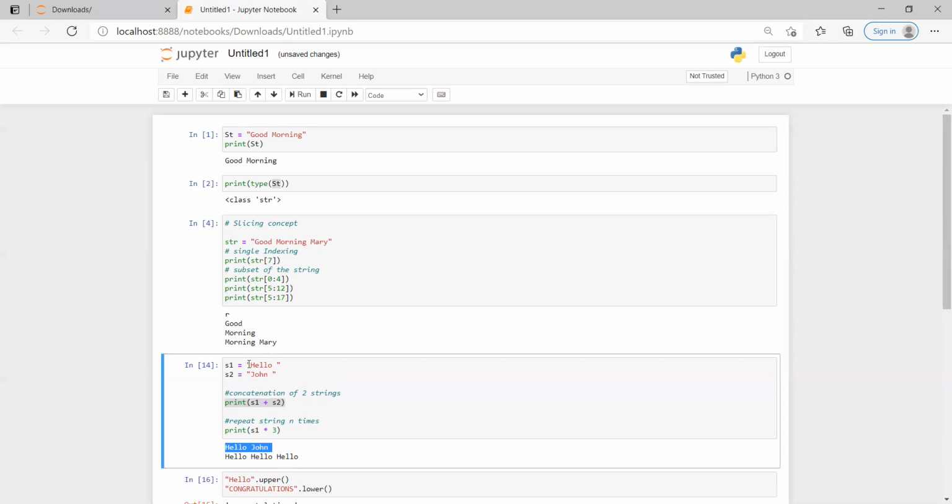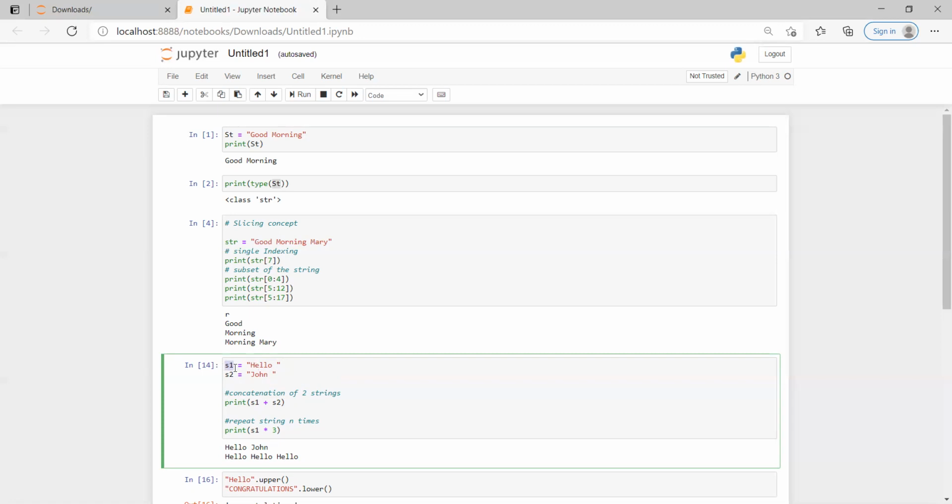Similarly, if I want to print the same string multiple times, we take the variable name times the number of times that we want to print that particular string.